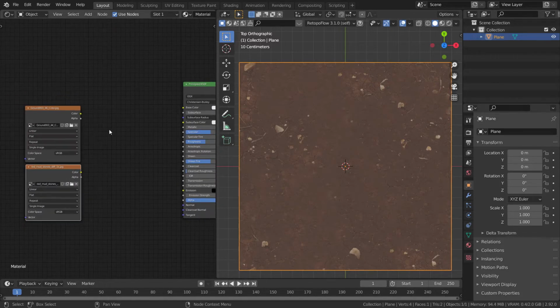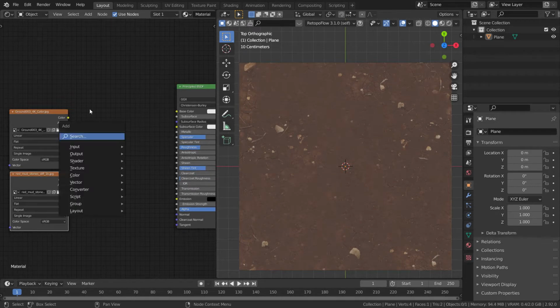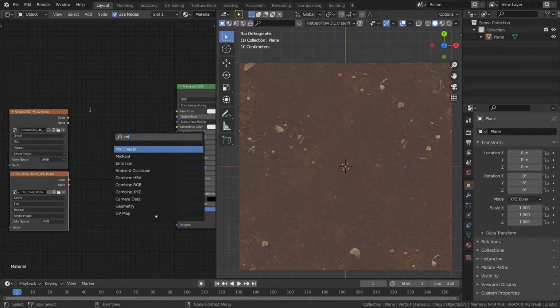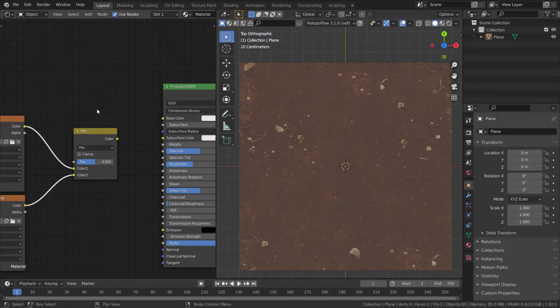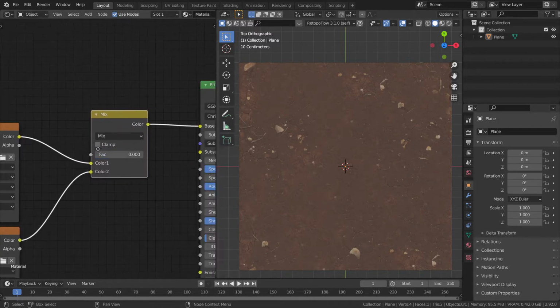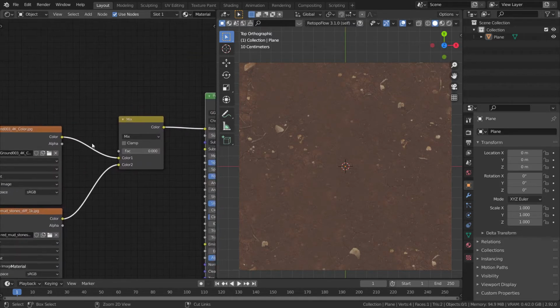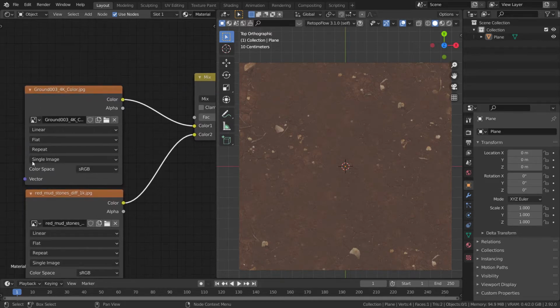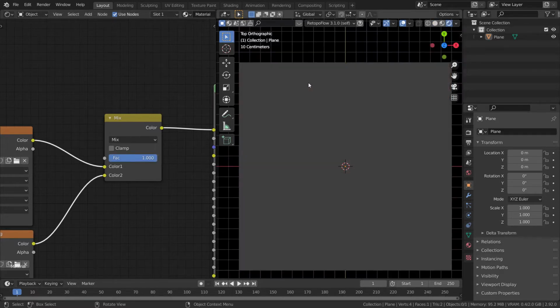So you can actually do that whole thing procedurally, but I will just show you how to do it with texture paint. So we will use mix RGB node, and let's plug both of these connectors over here, and let's plug these into our base color. So as you can see, depending on the factor value, these both textures will change. Okay, so this is the red mud and that is ground, so it should be updating.